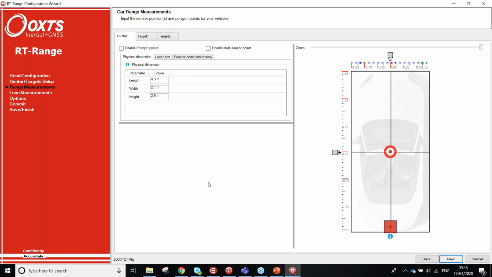So the next step for configuration is to measure where your RT is in the vehicle and choose a point on that vehicle that you wish to output measurements from. So typically, RTs are installed in the center of the vehicle. We provide a mounting system called an RT strut, which you just insert in front of the passenger seat, and it keeps the RT rigid in the center of the